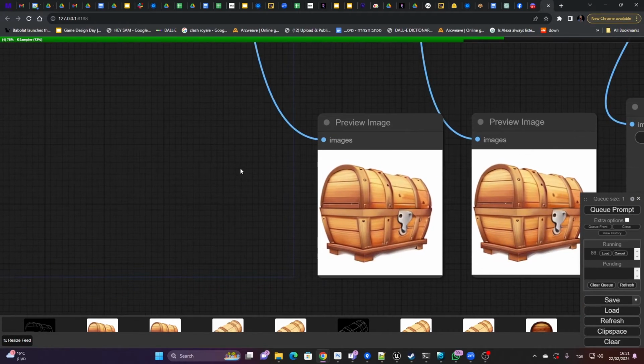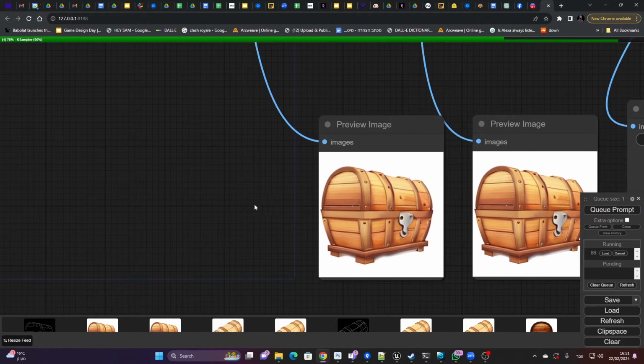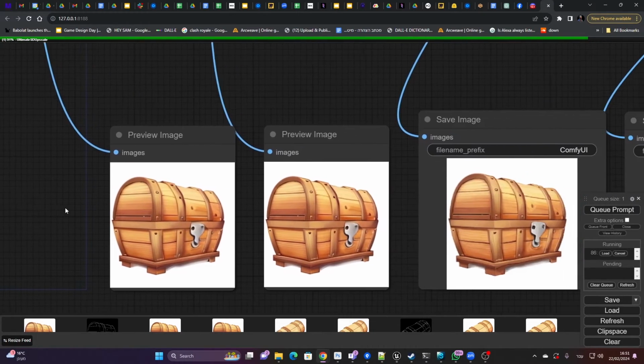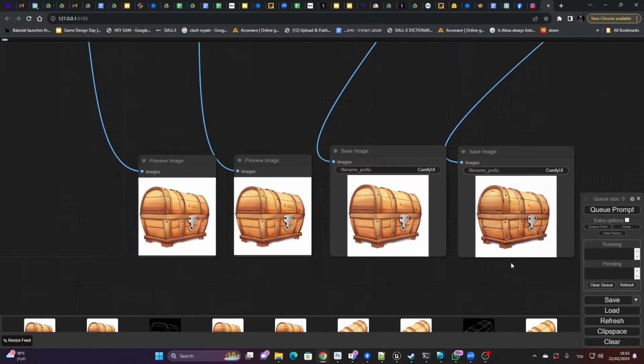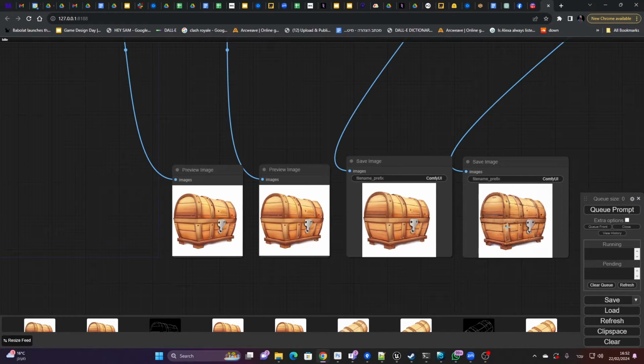Let's see. Okay, it looks decent. After upscaling, it will look better. Okay, not bad. The latch, the lock indeed needs more work, but we do have a perfect 45 degree